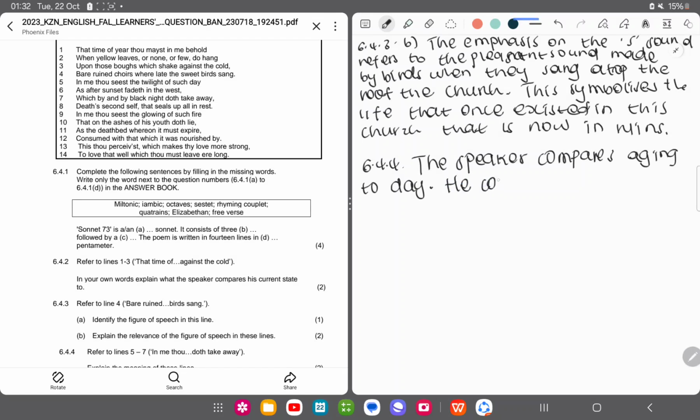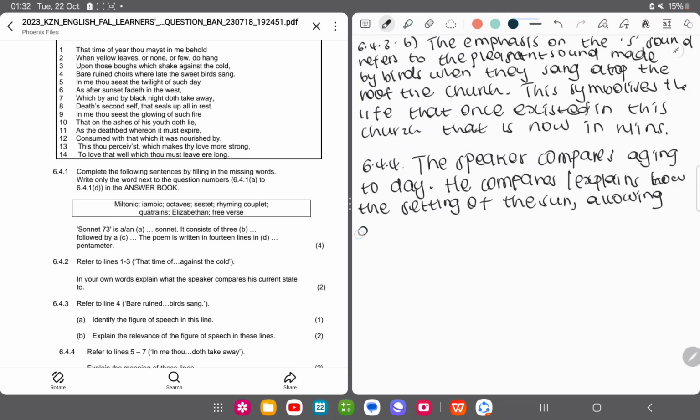He compares or explains how the setting of the sun allowing darkness to prevail is like his vanishing youth,